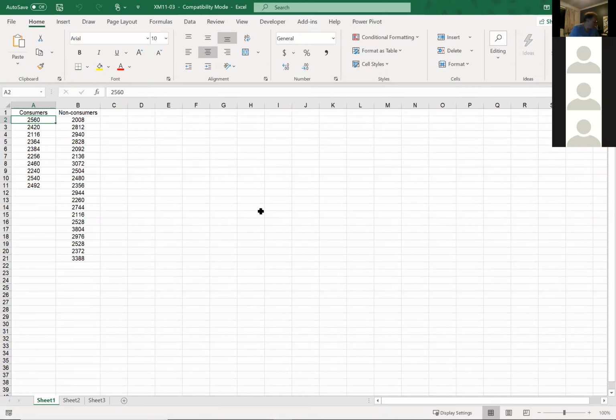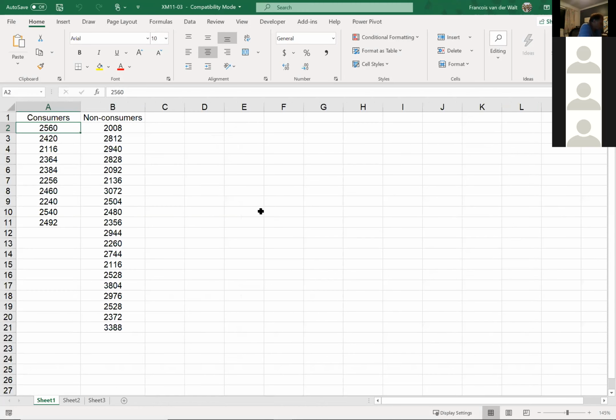Okay, so let's see. This is sort of an example. 30 people were randomly selected and asked what they regularly ate for breakfast and lunch. Each person was identified as either a consumer or a non-consumer of high fiber breakfast cereal. And then the number of kilojoules consumed at lunch was measured and recorded. This data are listed below. Estimate with 95% confidence the difference between the mean kilojoule intake of the consumers and non-consumers, assuming that the two consumption populations are normally distributed.